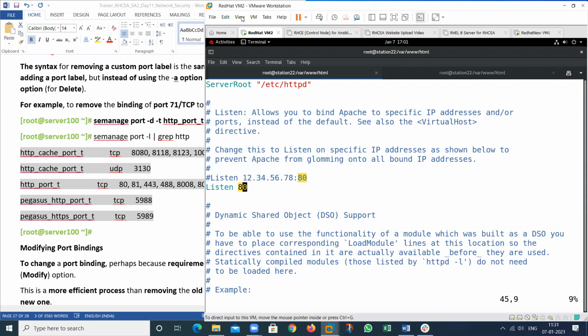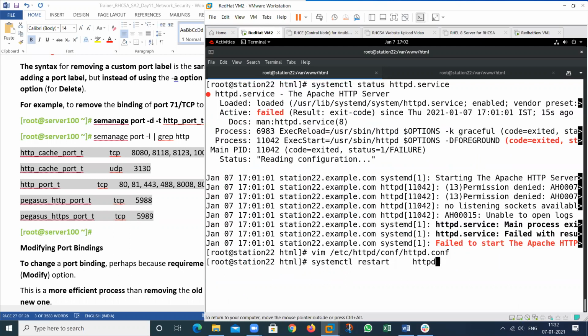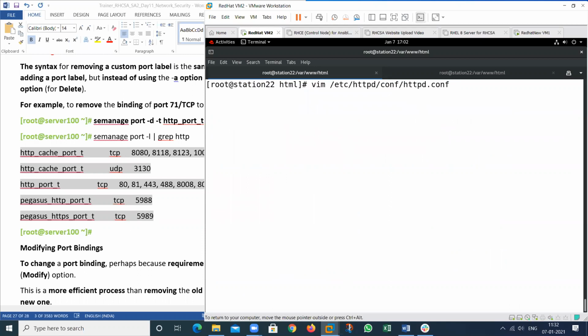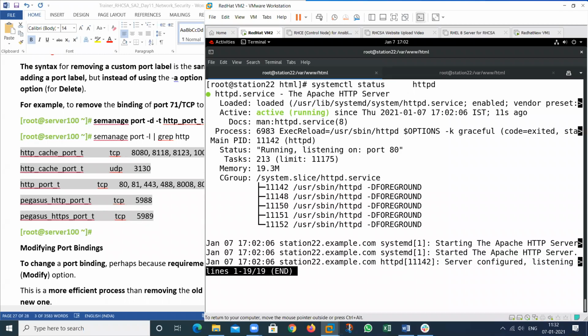So see this one. Then restart the service again. There is no error. See this one again. Because I did nothing, I just used the standard port. Then this will be allowed.